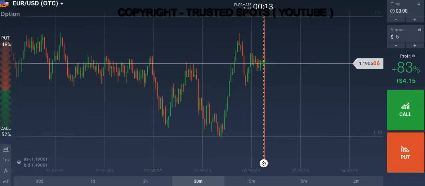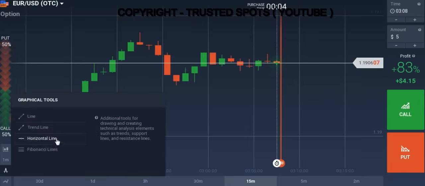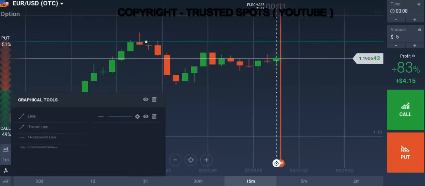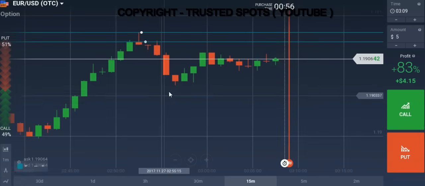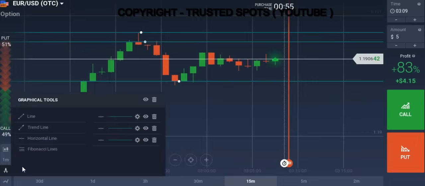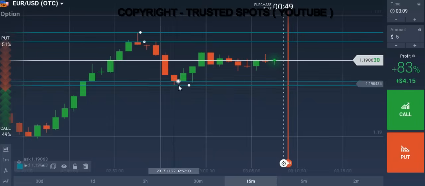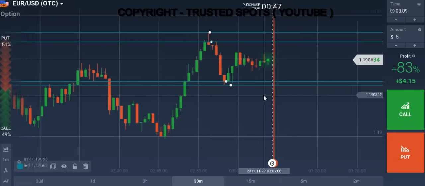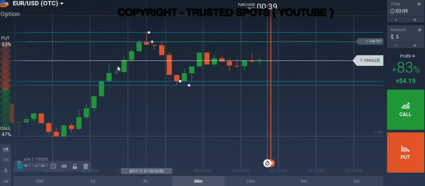So the first rule of trading is, suppose we have selected this pair and now we are going to trade, the first priority is to draw our SNR. For me, this level is good, and this level is not so good but can be trusted once. So I will draw these. This is support, this is my resistance. I will wait for the market to hit either this level or this level, and then I will trade. So this is the first rule of trading.